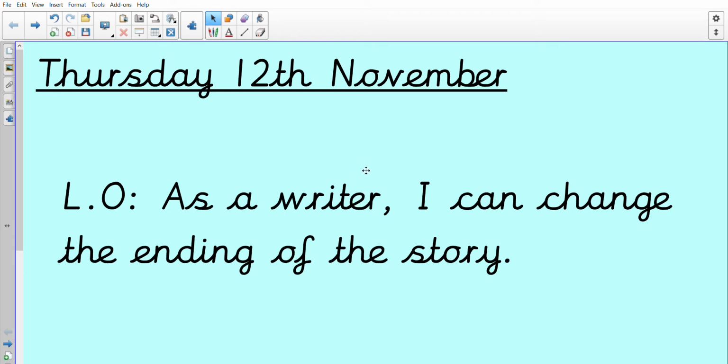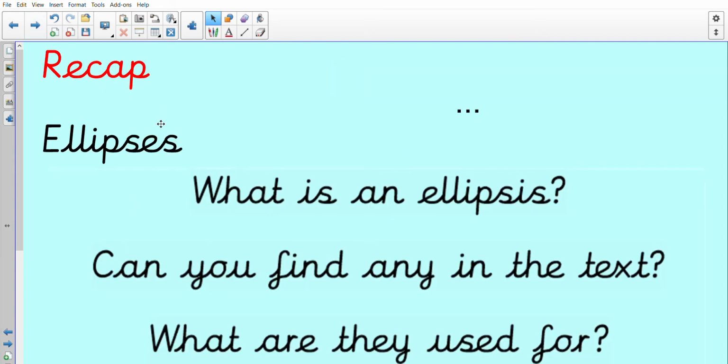So the LO: as a writer, I can change the ending of a story. You have written the first four paragraphs of your version of the Zelda story, and today you're going to write an ending. We're going to have a quick look at these things, ellipses, or one ellipsis,